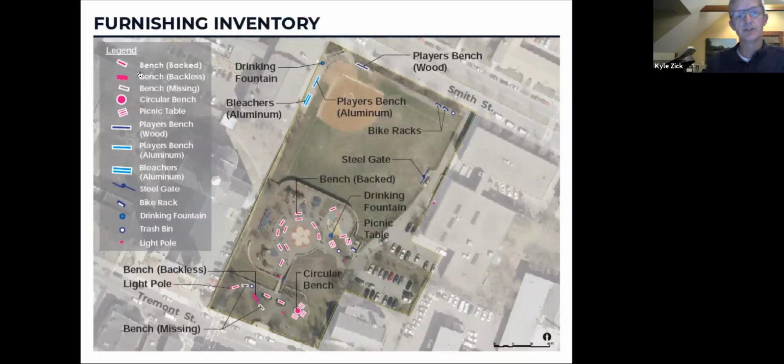And then in terms of site furnishings, these are all the things that populate the park, from benches, picnic tables, light poles, drinking fountains, gates, bike racks, and some of the benches related to the sports field. I don't think I need to get into each one of these. This is fairly well summarized here, but there are some locations where components are missing too, where there's an obvious spot on the pavement that looked like there used to be a bench. We looked at the original drawings and yes, a bench has been removed, probably because it was damaged.